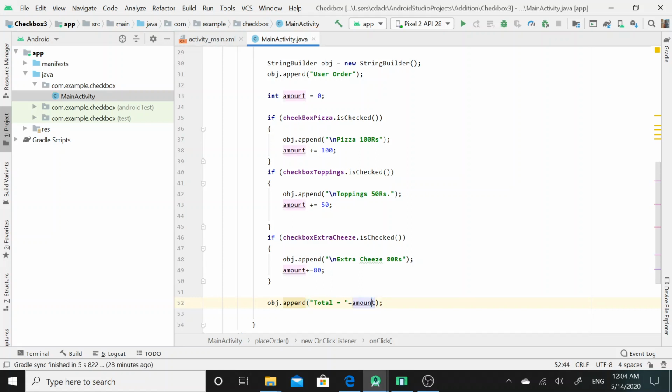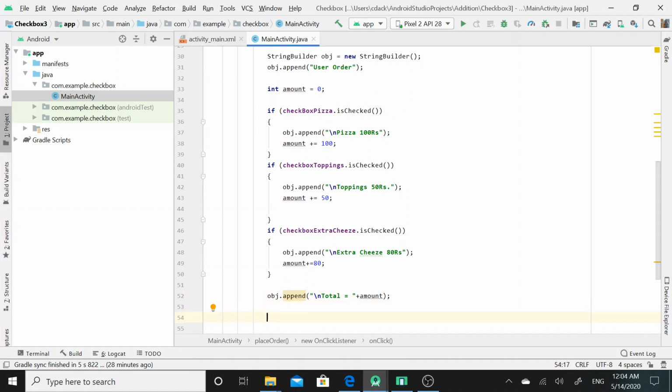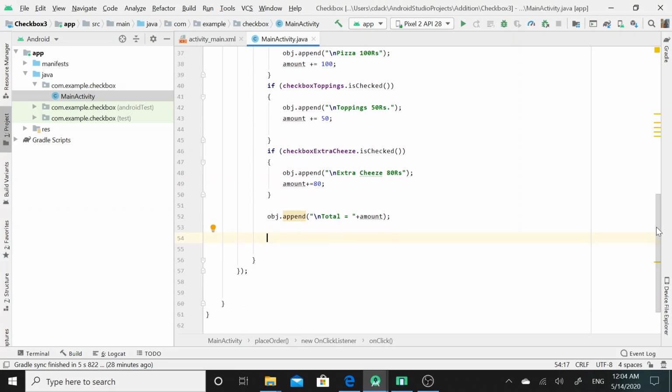Again, to display this value on the next line I will apply the \n escape sequence. And finally I will call a toast to display the total selection made by the user and the total amount charged to the user.